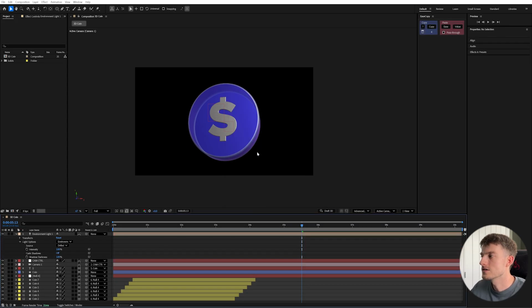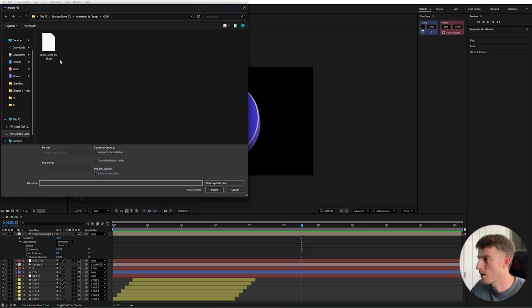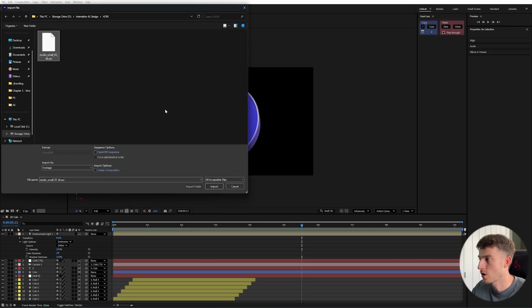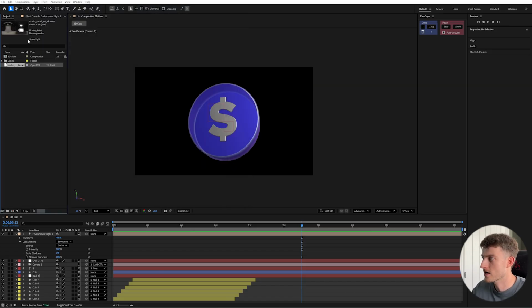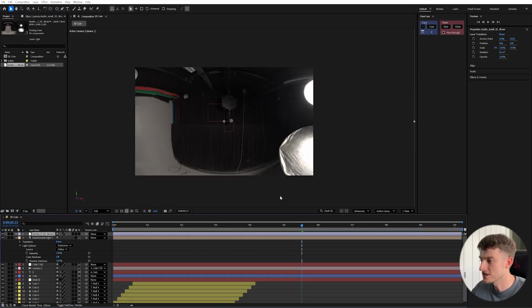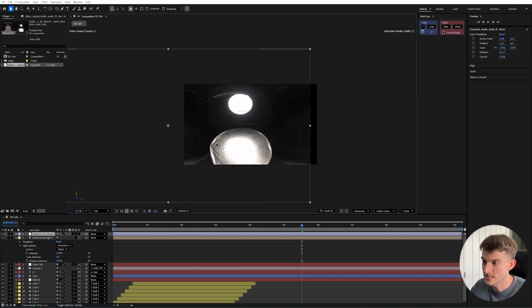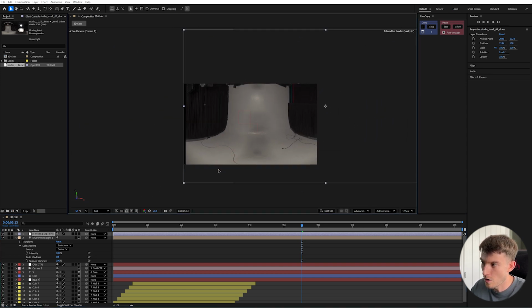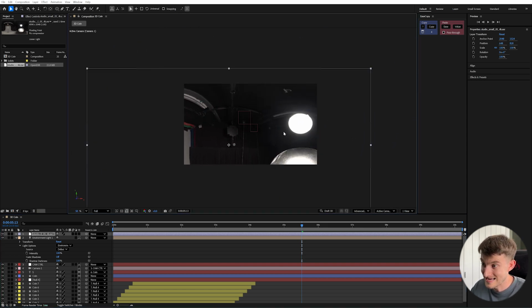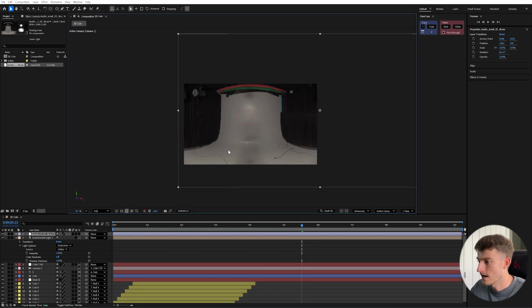And now this is going to use a HDRI. Now you can get HDRIs from a website called Polyhaven, and they are free HDRIs. It's where I got mine from. So I'm going to go Control and I to import it, and I'm going to use Studio Small 05, and I've downloaded a 4K EXR file. And we need to drag this into our composition for this to work. Now, don't be alarmed. It's just a light source, basically. After Effects is going to treat all of this as light in our scene. So I'm going to leave that central,